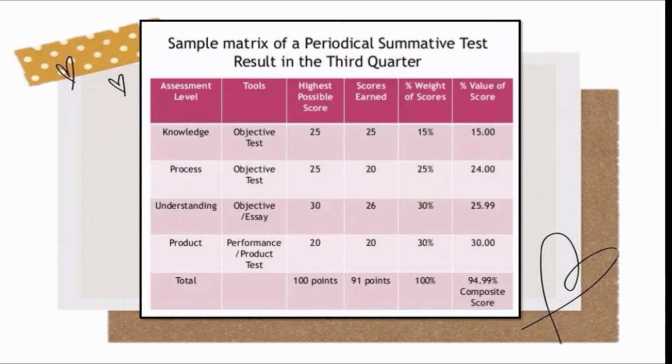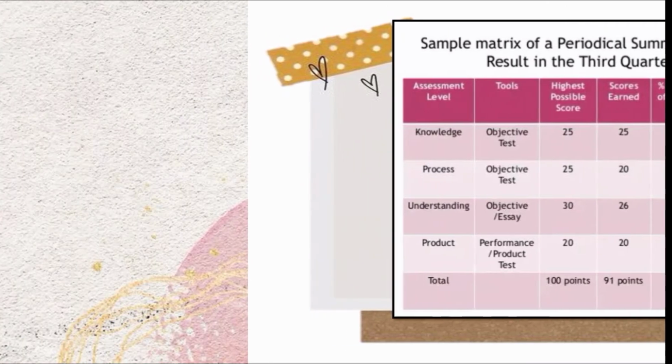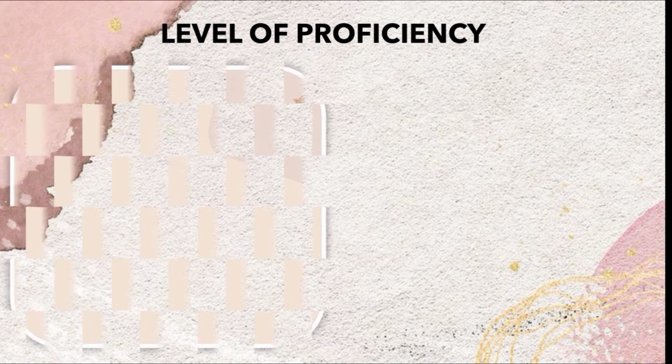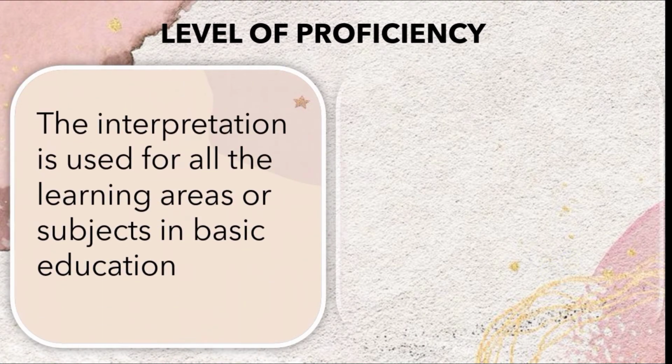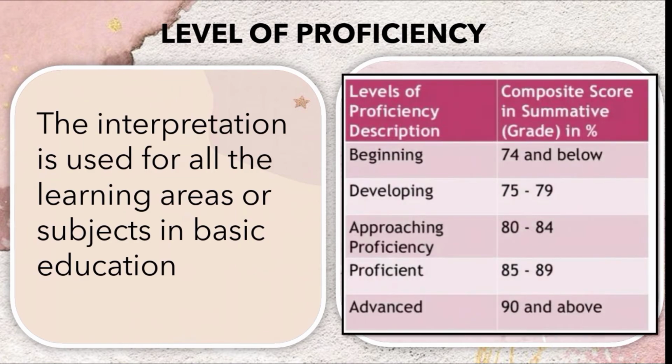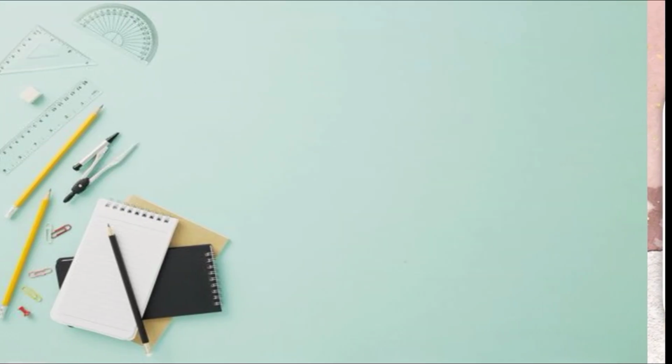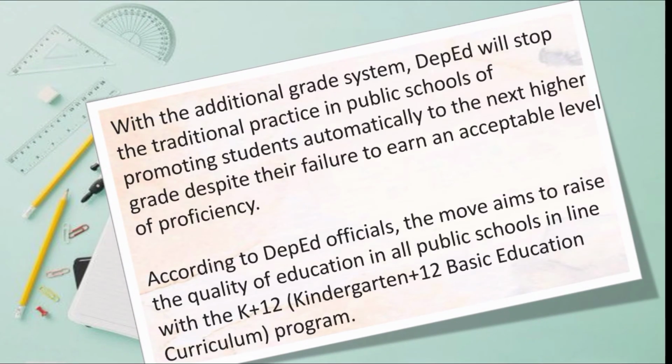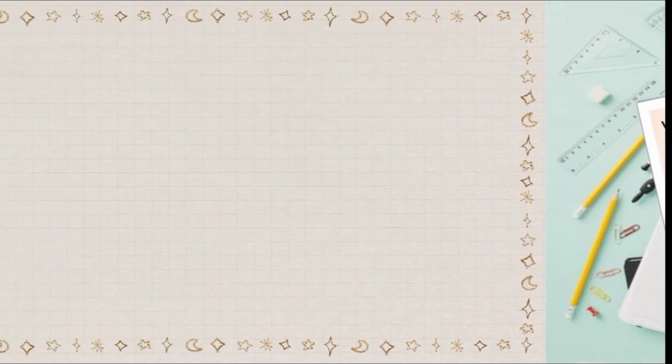The sample matrix of a periodical summative test result in the third quarter and the level of proficiency. The level of proficiency is the interpretation used for all the learning areas or subjects in basic education. So here, it is also a way of knowing how proficient your student is. And here,